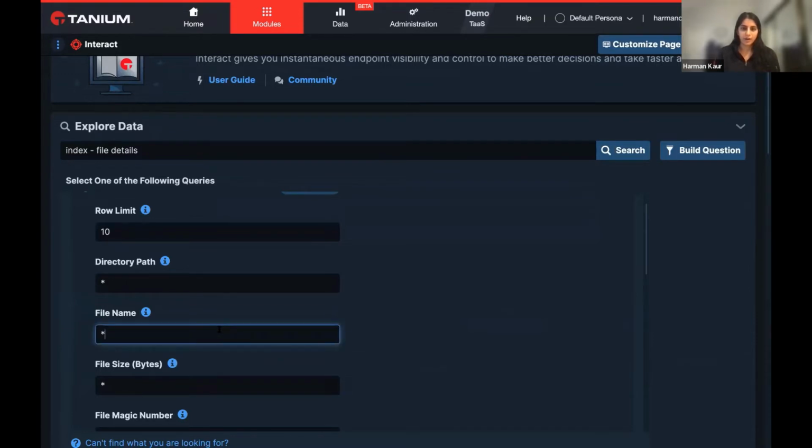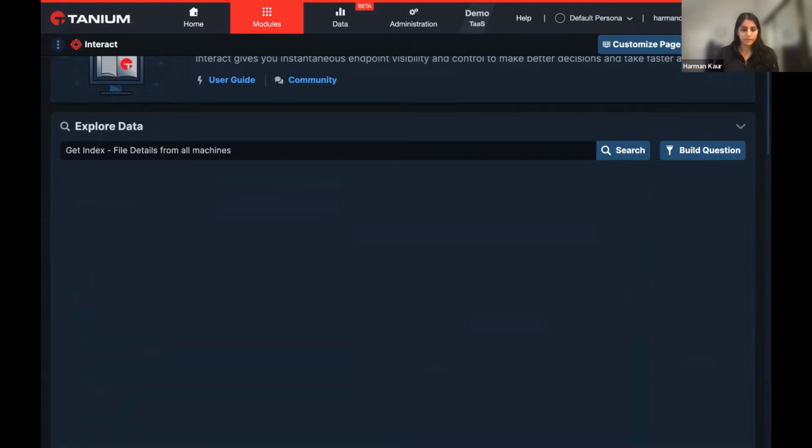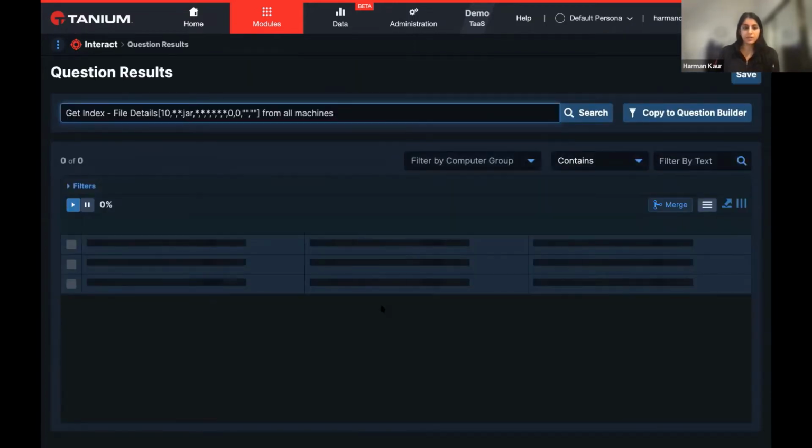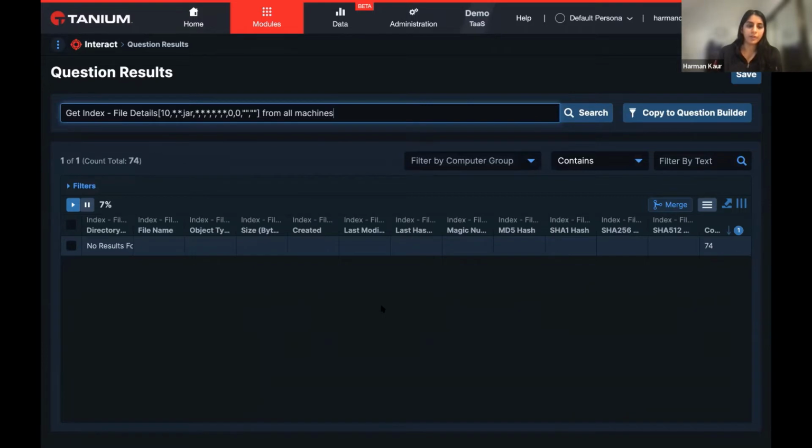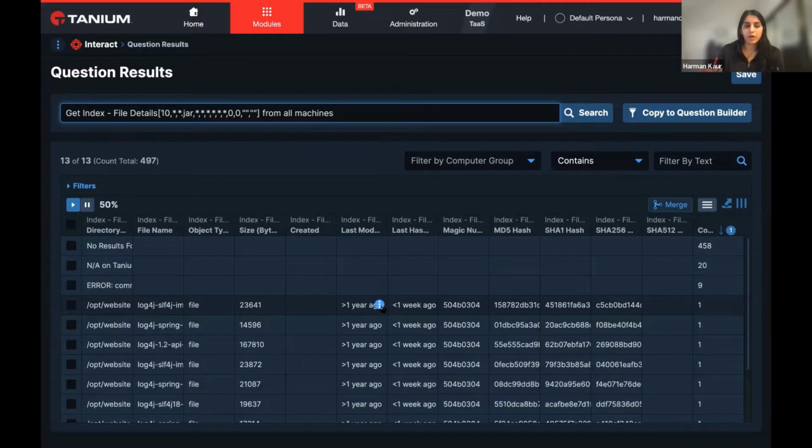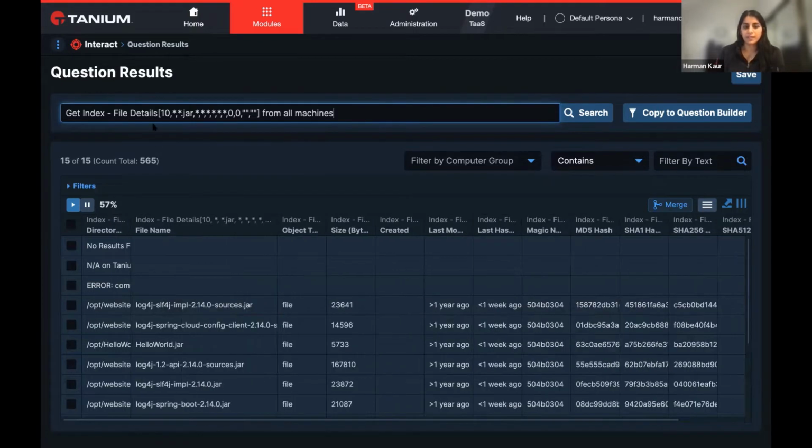Right now, we know jar files are something that are of interest. So I can just put star.jar and go ahead and search for that. And what this is going to do is return everywhere that we have seen a jar file in the environment. So this is just going to take a couple seconds to come back and find that information for me. I could further specify and look for log4j.jar, whatever file name you want to use, and the data file name you want to look for, you can use a sensor like this